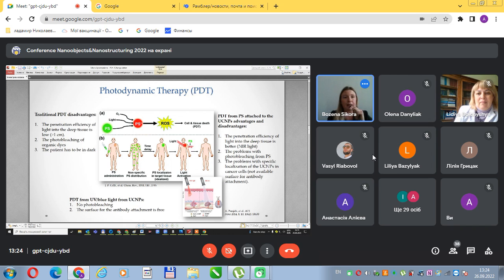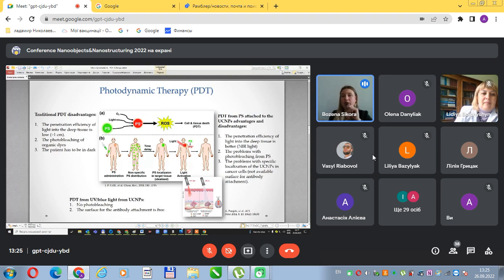Because we have the organic compound, the patients have to be in the dark, because we have to wait for the photosensitizer localization in the cancer cells. And to avoid these disadvantages, usually we can attach the photosensitizer to, for example, upconverting nanoparticles,